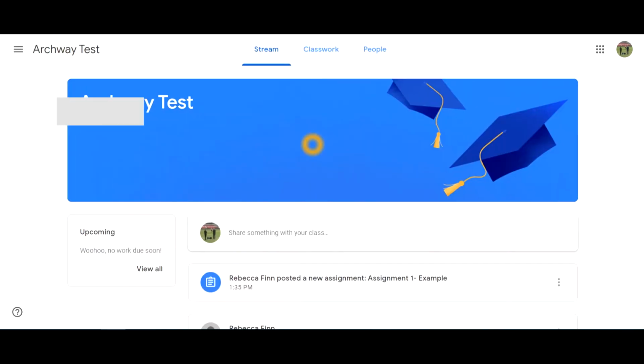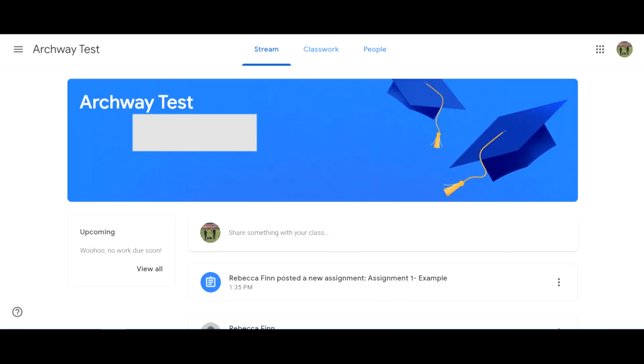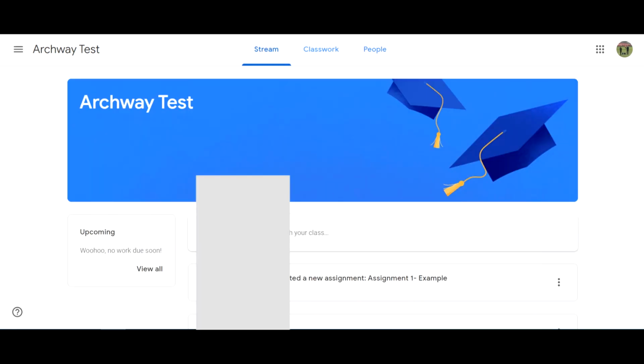A couple of other things with regards to this. The People tab just shows who's actually in it, and normally you will see who the teachers are, but also the list of students, with a little link to email them directly, which is a nice way of working it through. But the main part, like I say, over time, is that you will always get notifications through to your email whenever any piece of work is set by a teacher, and it will have the deadline and all the instructions on there. The important thing is